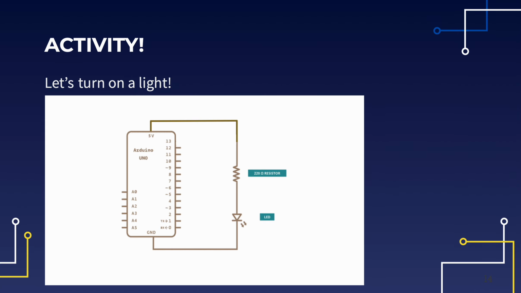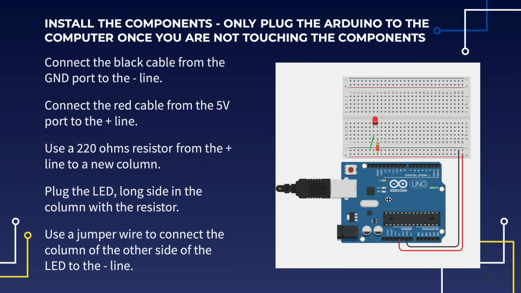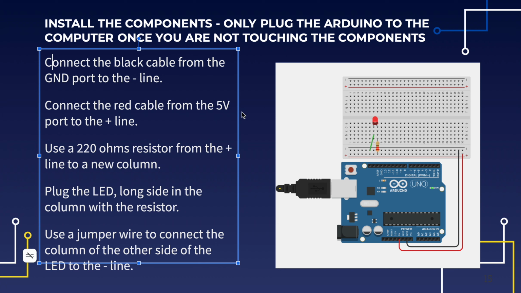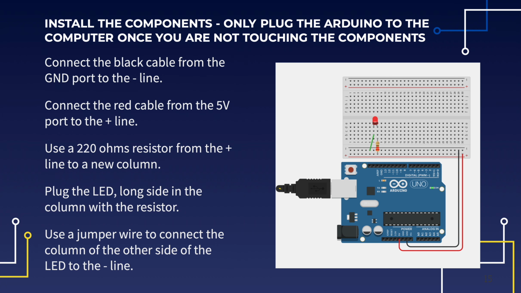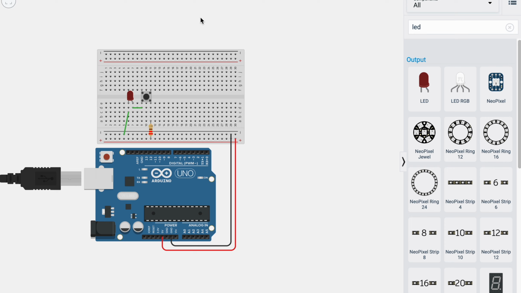Let's try building the circuit to turn on a very simple light. So, this is the circuit that we actually have to create in Tinkercad. Let's see how we can do this. You can pause the video here to read the instructions, or I can teach you how to do it on Tinkercad. Going into Tinkercad,